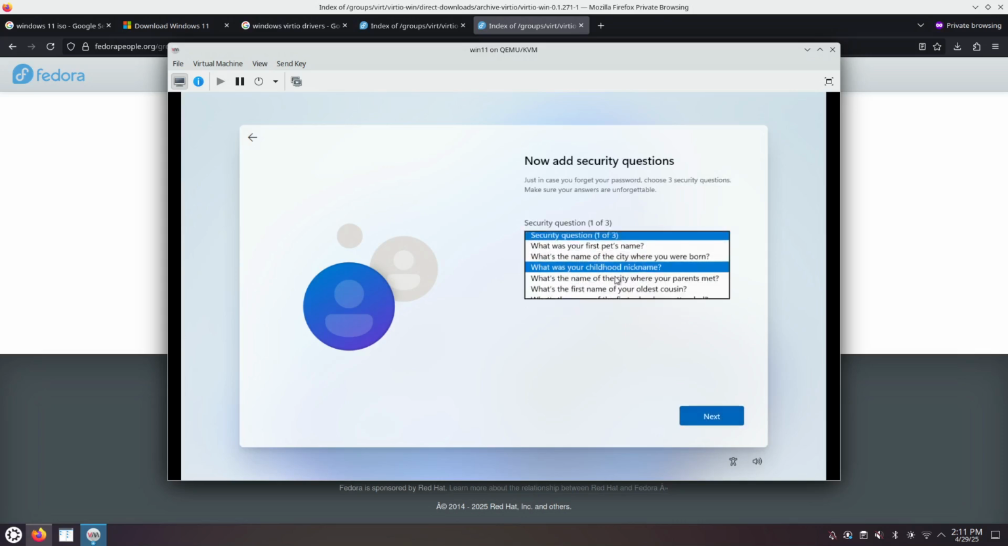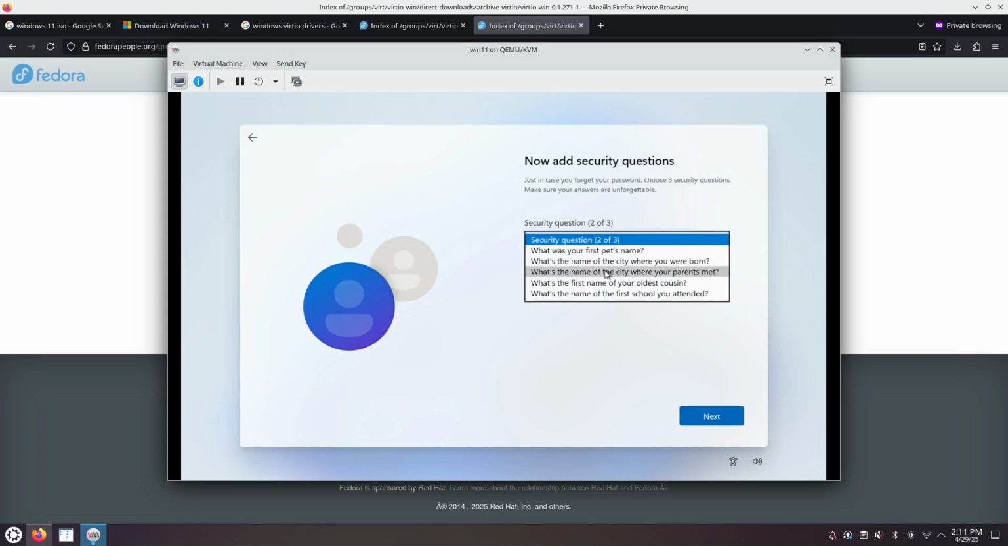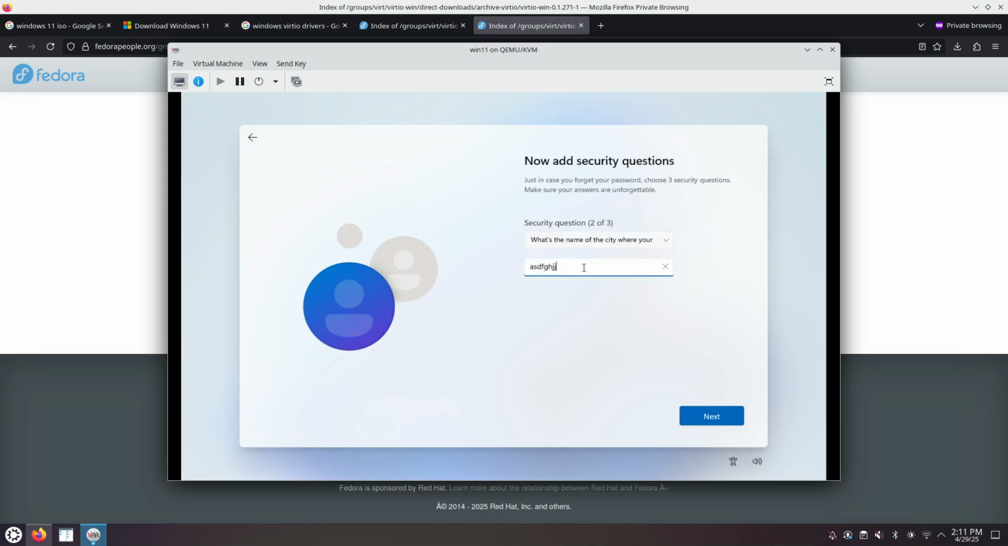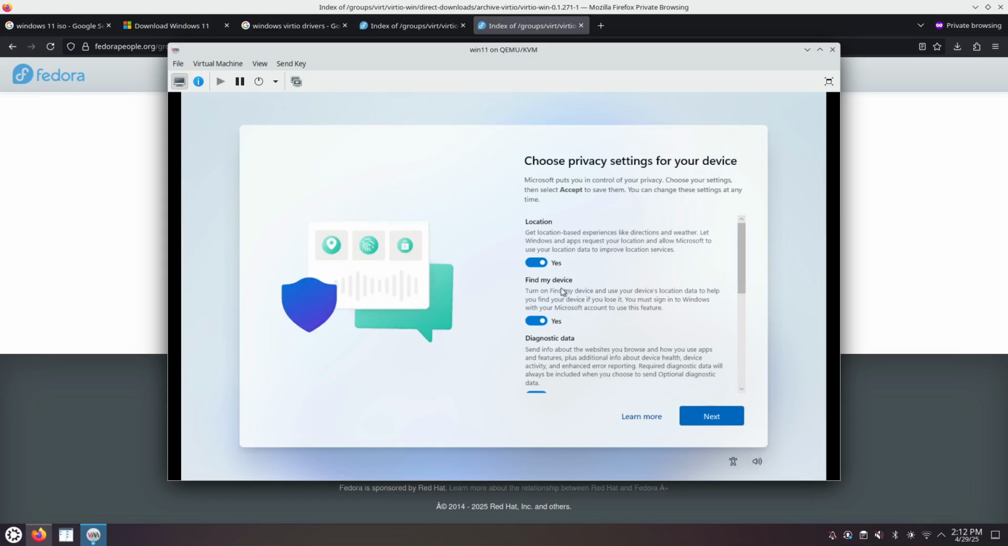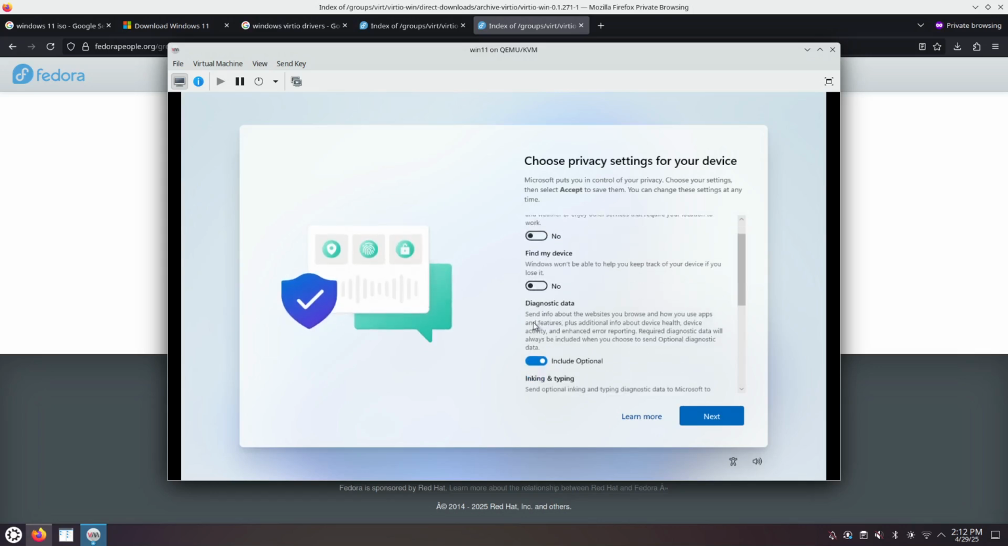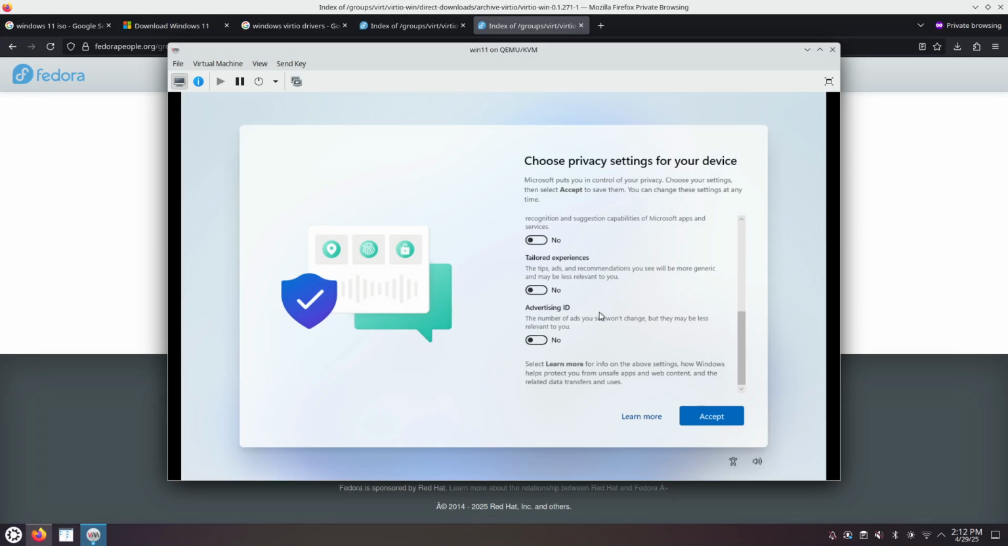At the security questions, I write things that don't make any sense, because otherwise people might recover my password if they know me. But since this is just a virtual machine, nobody actually has access to it. That's not that important. Okay, location, my device. It's a virtual machine, it's not a laptop, it's not roaming around, it's not using various, I don't know, random Wi-Fi